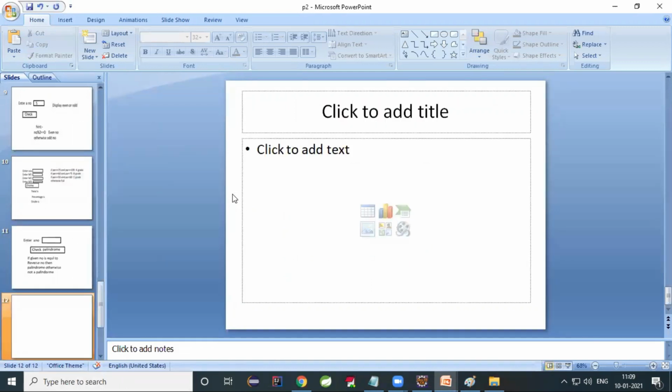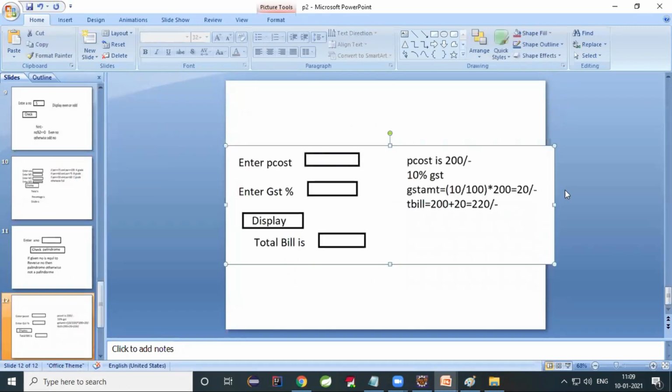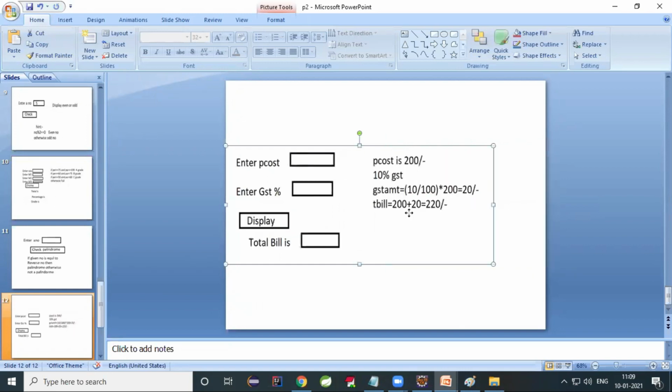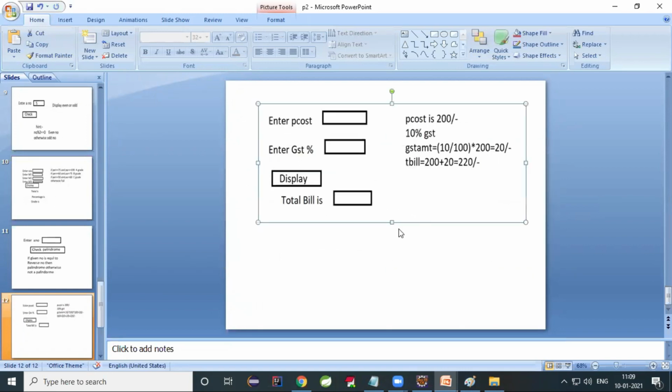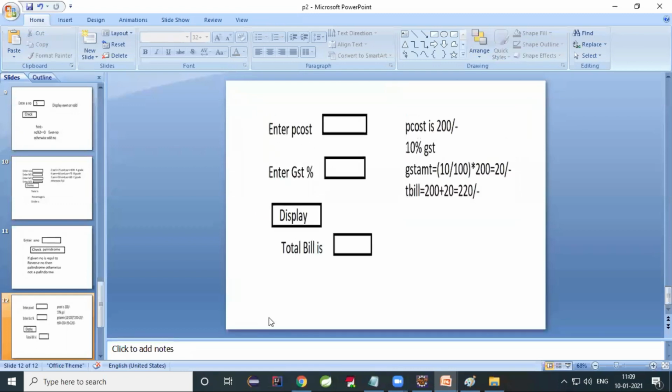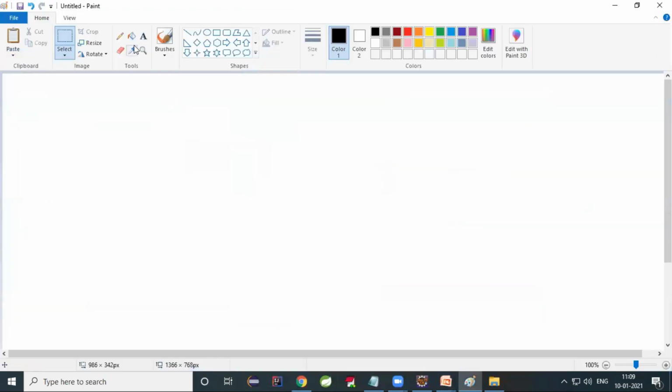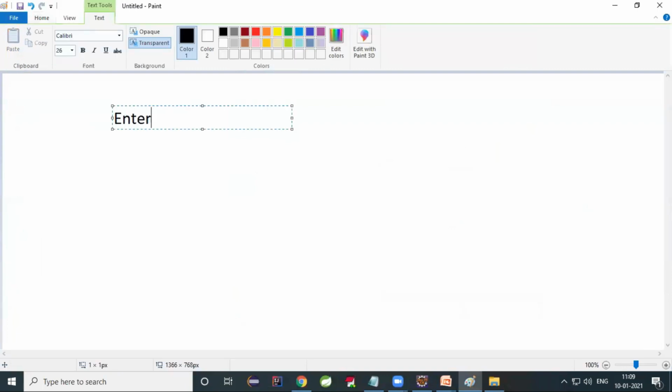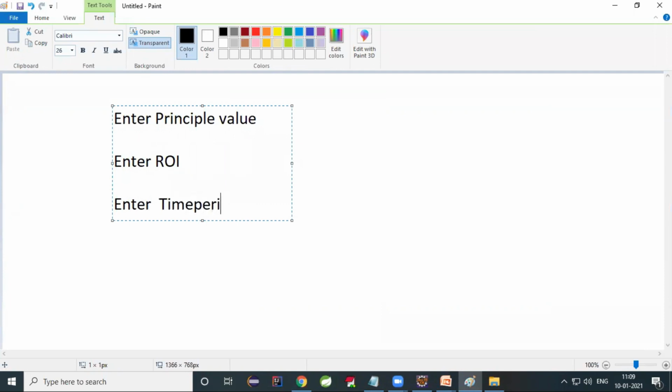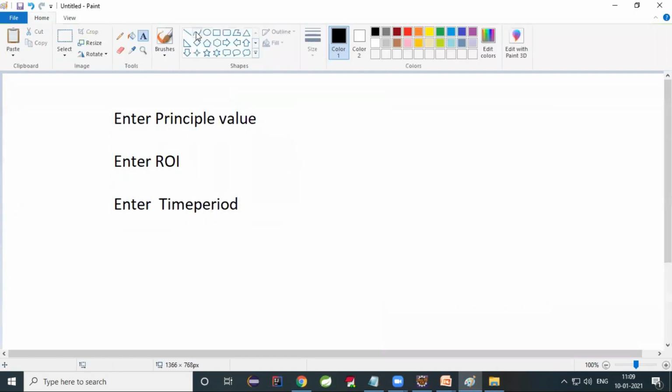These all programs you can do. This is the GST amount. Similarly, PTR by 100 you can try. Enter principal value. Enter rate of interest. Enter time period. Okay, PTR, simple interest.